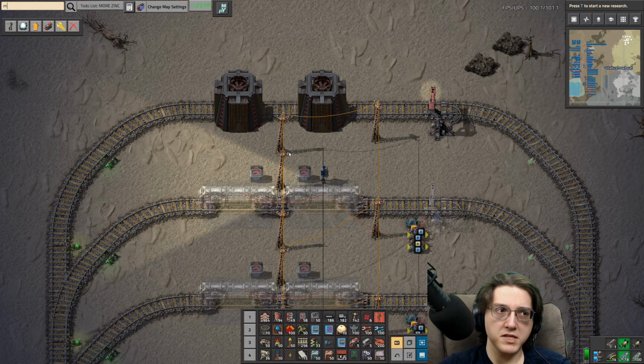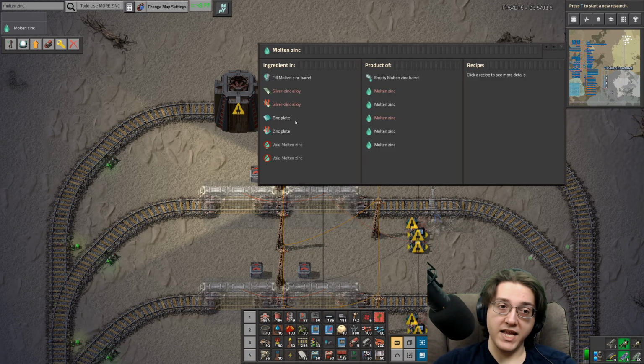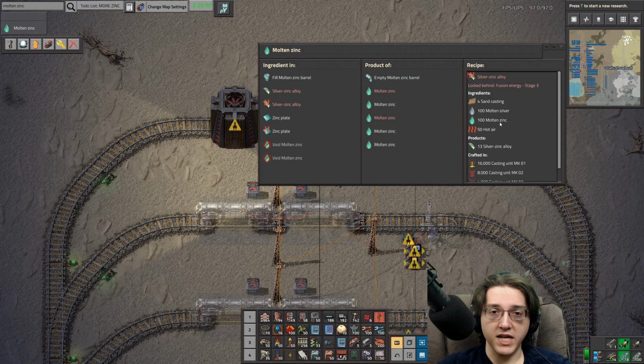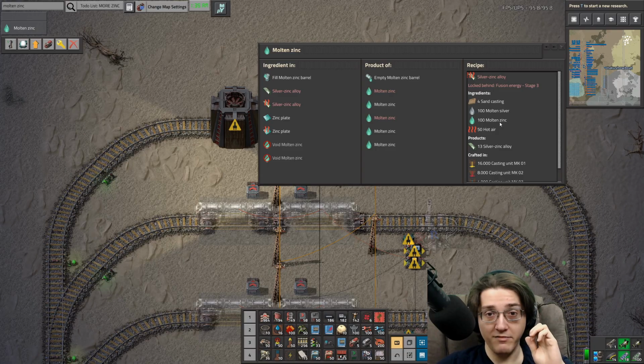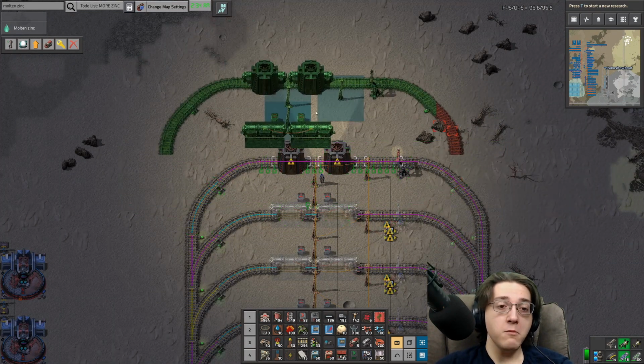Is there anything that uses molten zinc? Yes, in fact, I know for a fact that there is the silver zinc alloy that will use molten zinc. Do I want to do the silver zinc alloy here, or would I prefer loading up molten silver? Let's think about it as I'm going to be making so much more molten zinc than molten silver that logistically speaking, it's probably going to be easier to move molten zinc than molten silver. So the answer is I'm going to probably do that here, which means I need one more